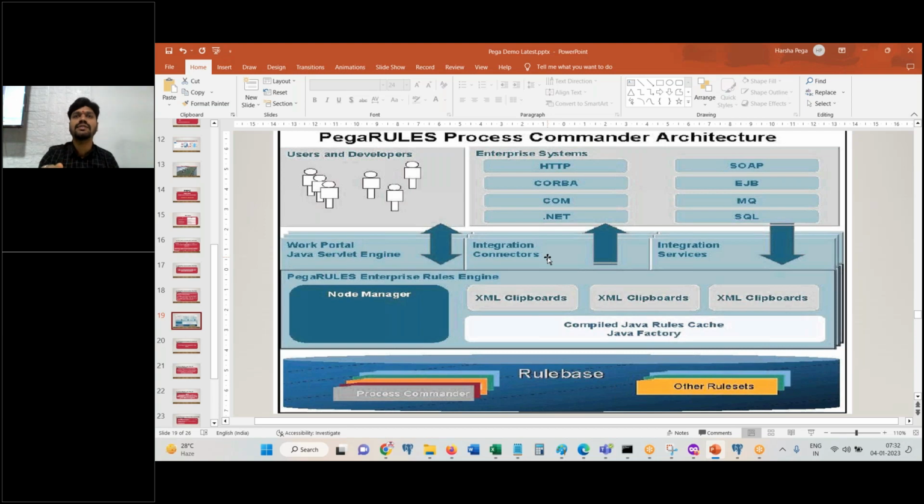What is the purpose of that? Supporting PEGA application wants to interact with some .NET application for exchange of information. PEGA application wants to interact with some mainframes application. PEGA application wants to interact with some other Java application. How do you establish these connections? That is the concept of web service. In web service, you have protocols to be used. PEGA supports all web service protocols in order to establish connection between PEGA and some other application for the exchange